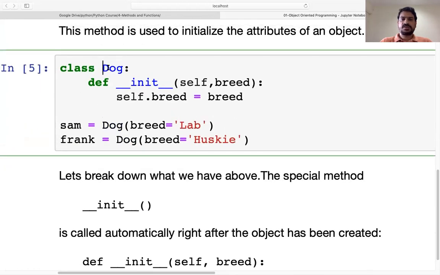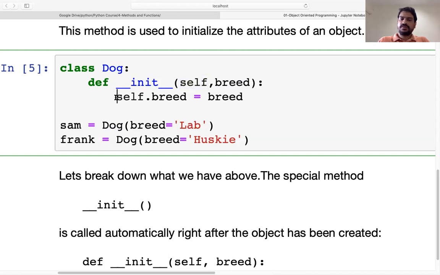Here we have created a class dog, and inside the dog we have defined an inbuilt function where we have taken two attributes. One is self, another is breed. So breed is nothing but the variable that we have taken, and self is a type of reference. So self will work on that particular object that is active now. For the attribute we are working on right now, there is a reference called self, which is a keyword.